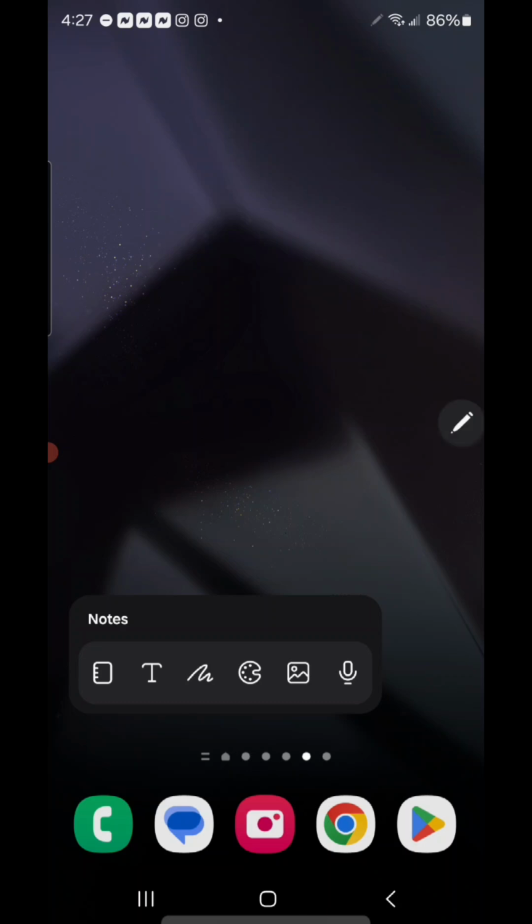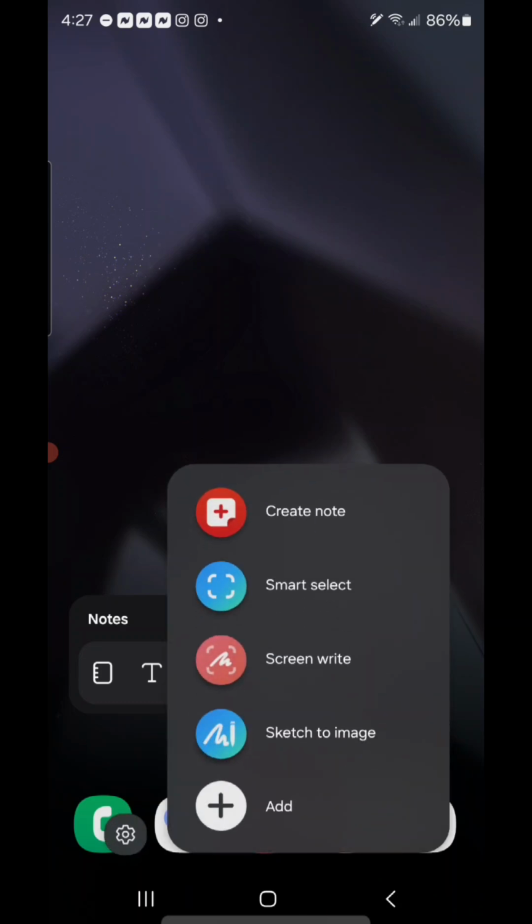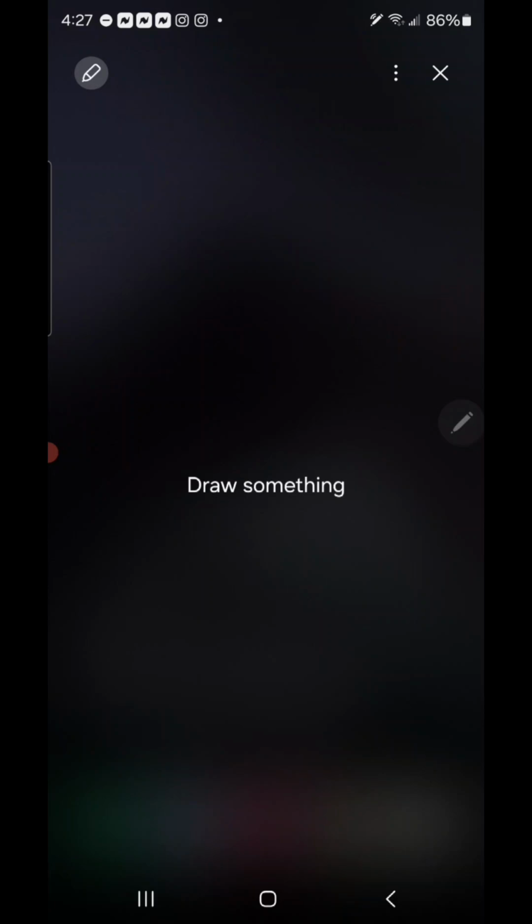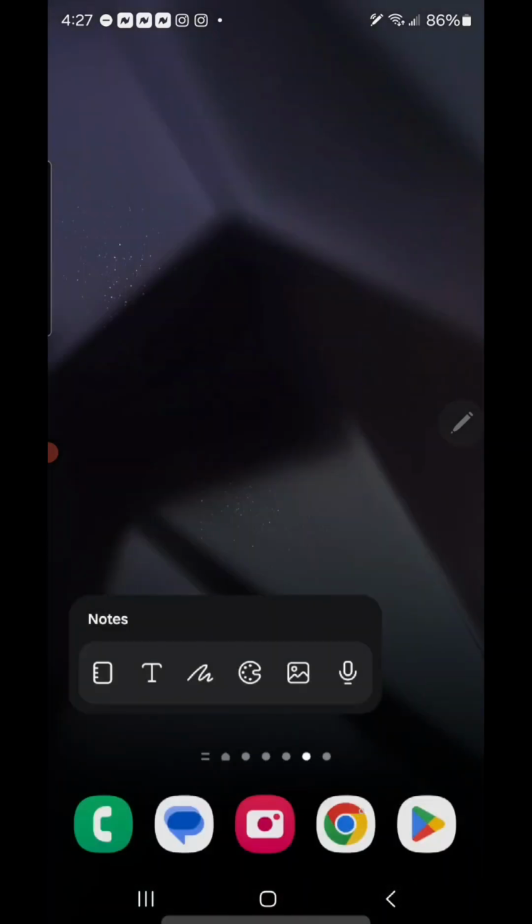If you have an S24 Ultra, you'll just remove your pen and then you'll click on the little pen icon. And I used sketch to image. And basically it tells me to draw something. I've already drawn something and I'm just going to go over the results with you. So let's go ahead and close this out and let's open up,